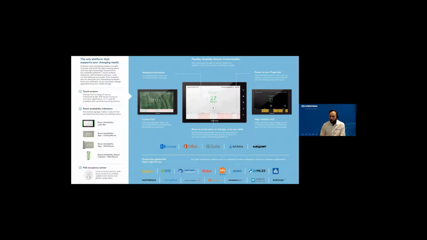What we've also done is to partner up with a group of very, very clever third-party organizations, about 20 of them now, who have been producing some incredible software management platforms for workplace management. And some notable ones are Teem, EMS, AppSpace, Robin, NFS.